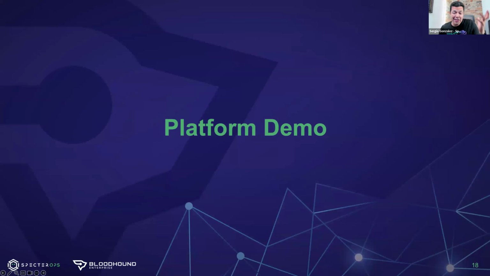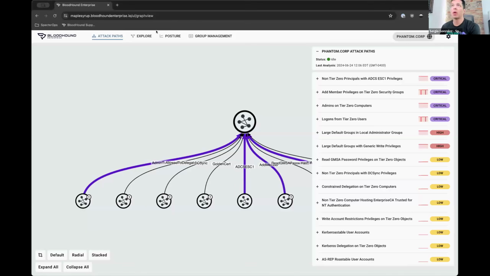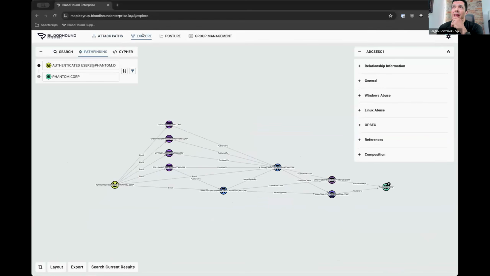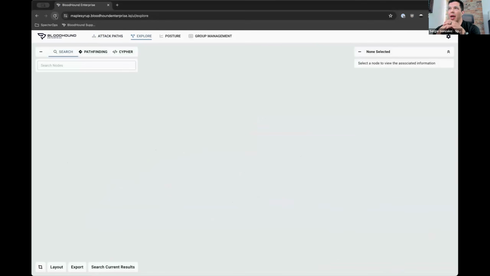Actually, let's take a look in BloodHound Enterprise and see what this all looks like. Swap my share here. Okay, so let's actually get started taking a look at BloodHound as maybe